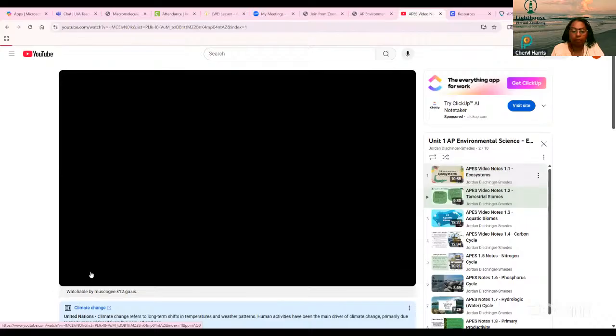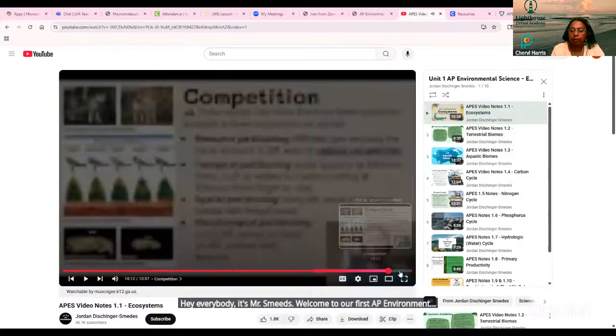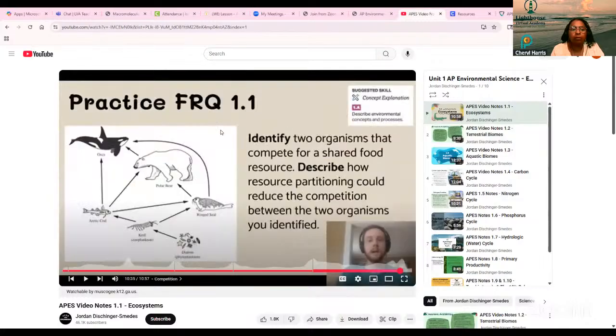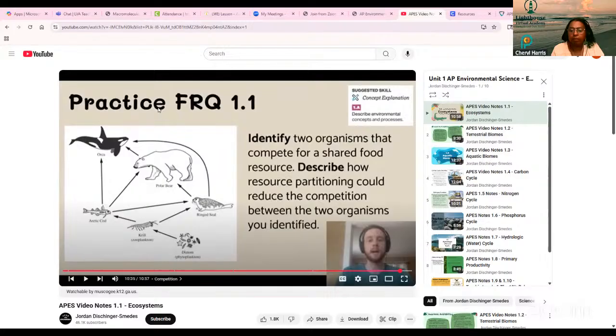How resource partitioning could reduce the competition between the